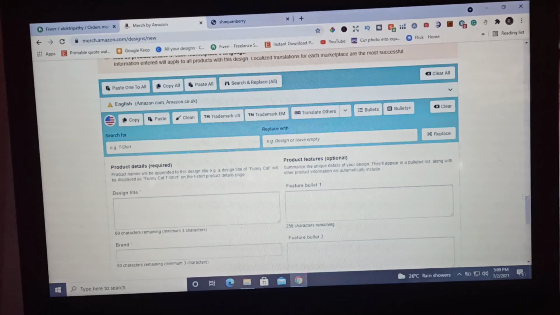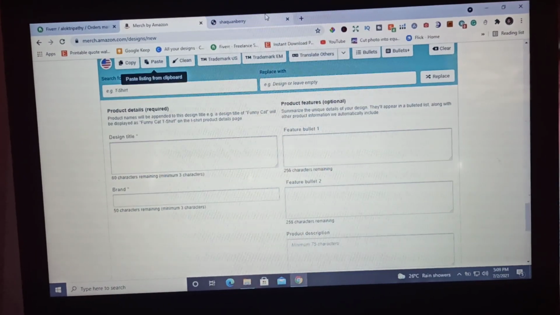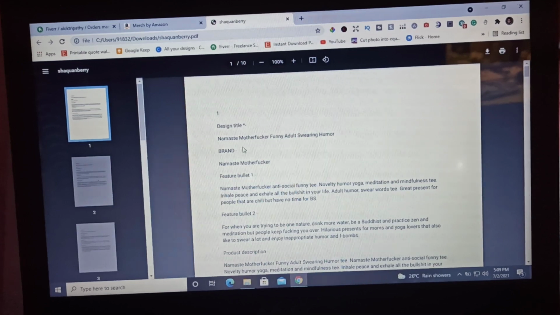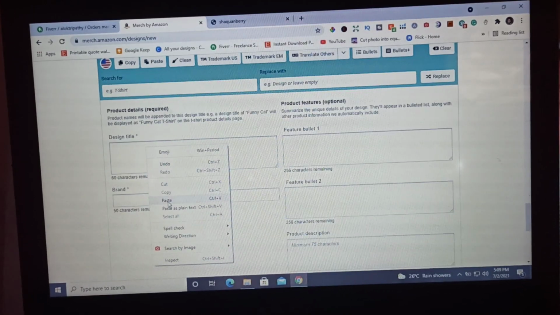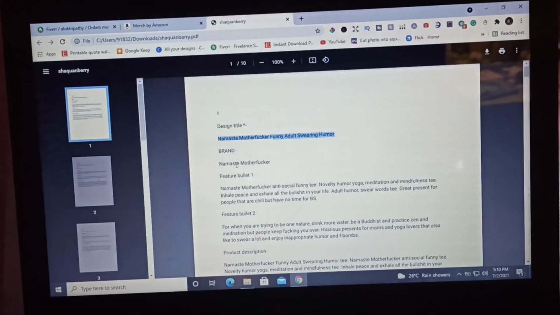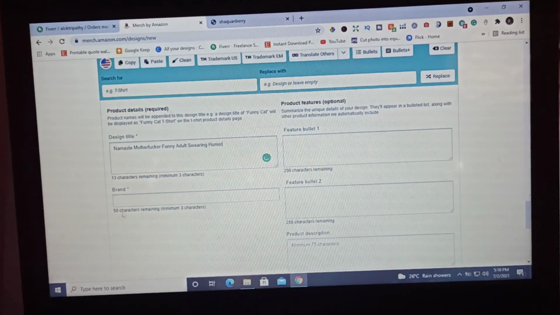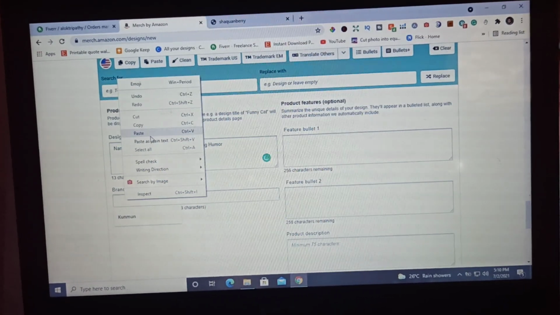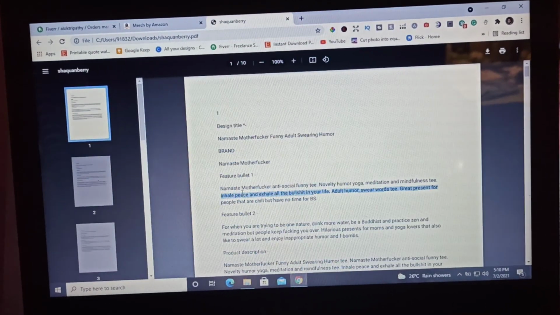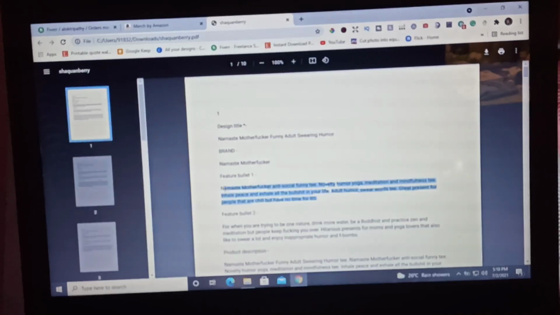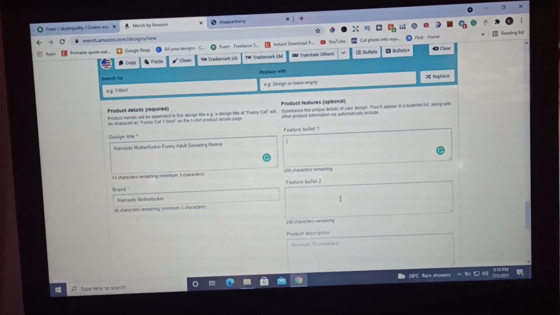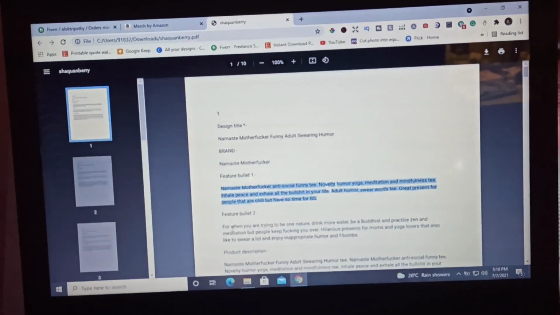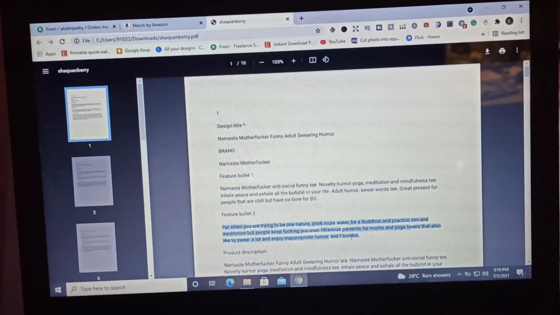Then you will come here, the keyword section. Okay, so in the PDF I will send you, you need to just copy and do nothing else, just paste design title. Okay, paste. Then brand, here is the brand, you need to paste. Then you need to the feature bullet, you need to just copy it and paste it, that's it. Then you need to feature bullet 2,